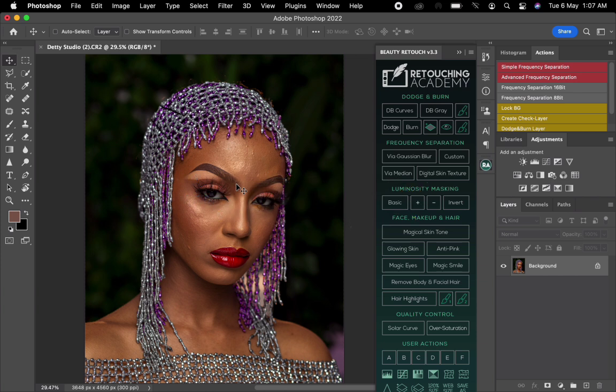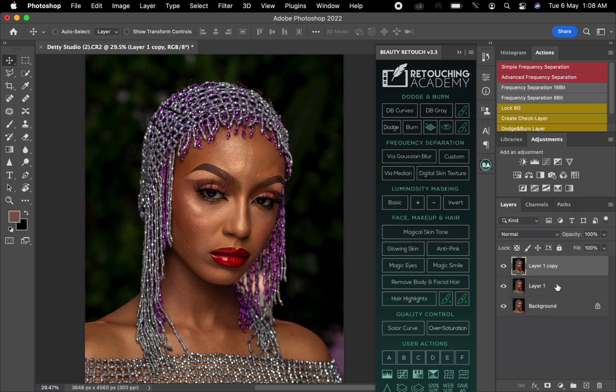But for now, let's just get started. So in this video I'm going to show you how to retouch this image and do frequency separation manually. At first, I'm going to duplicate the background layer. Either I drag it down here or I press Command J to duplicate it. It's still the same thing, but in this video I'm going to press Command J twice to